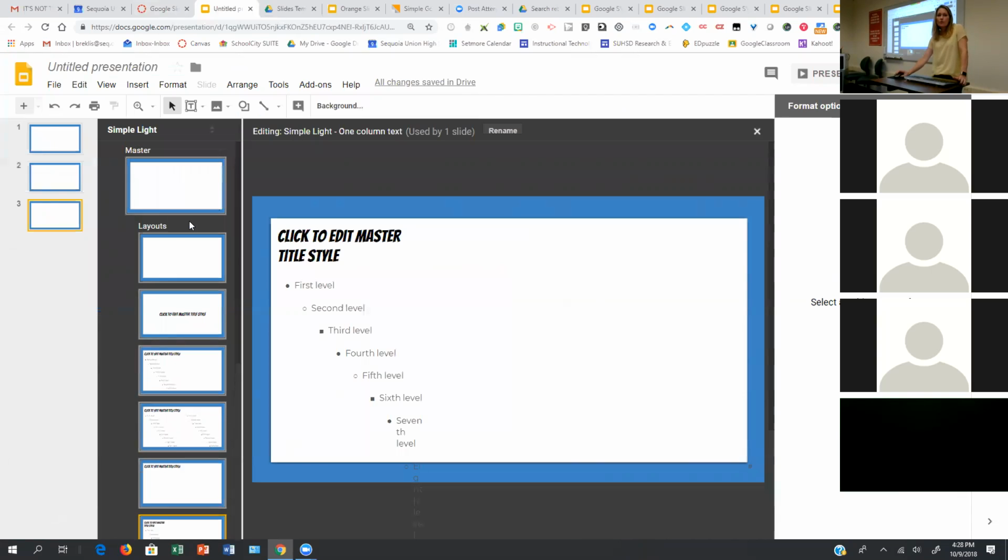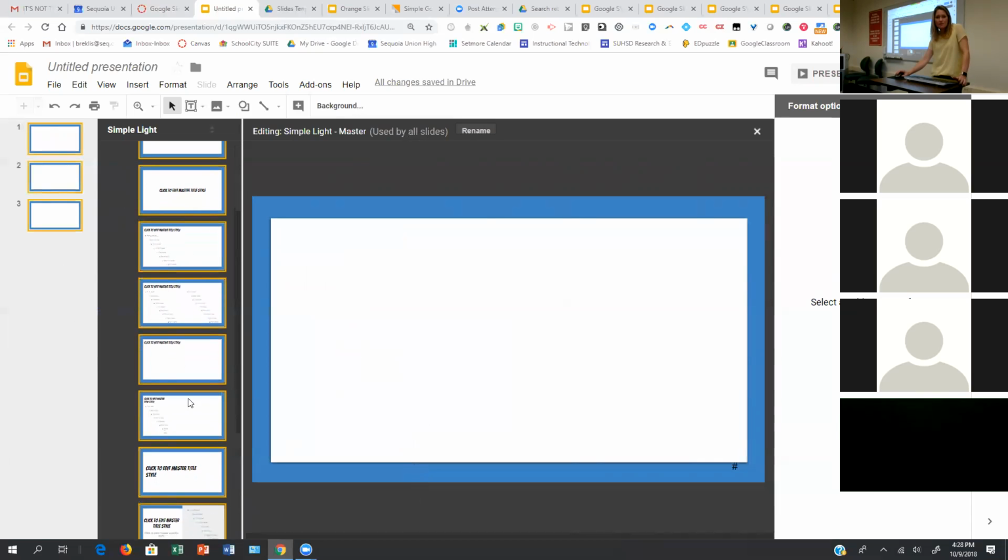And then what you want to do is if you look at the top, you can see this is used by one slide, right? You can see what is going on. The very top one is used by all slides. You don't really want to add your image to something like that because then you're going to have that image on every single slide. But if you scroll down, these match up with those themes when I did the little thing next to the plus sign.